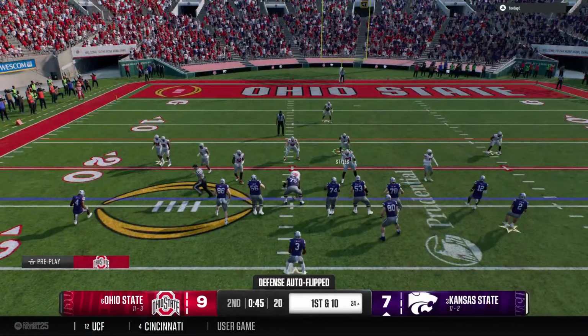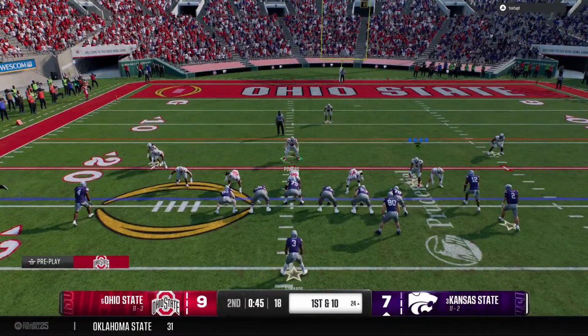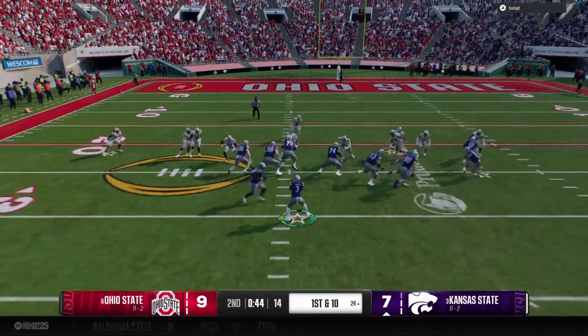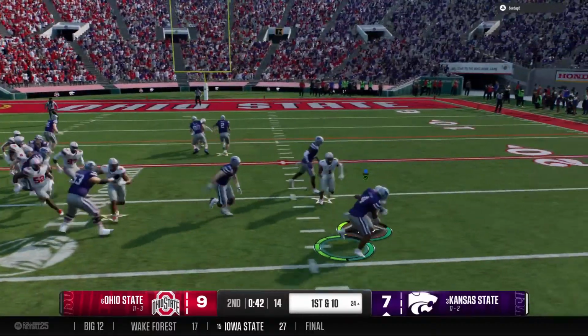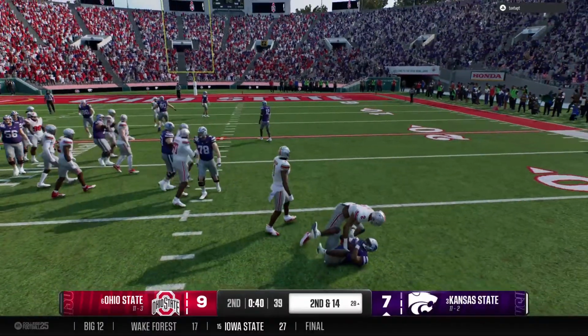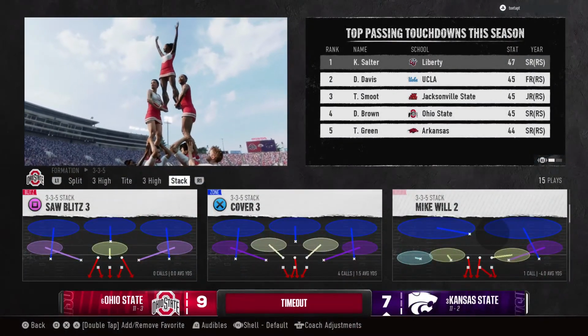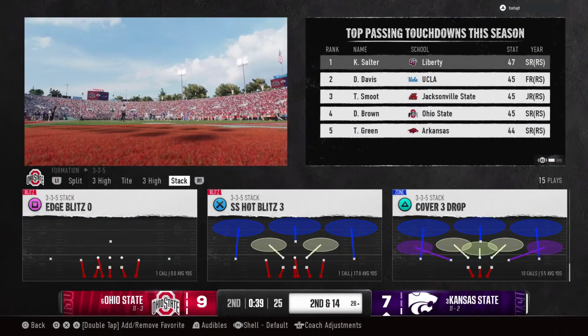Kansas State getting set with a 1st and 10 coming up. Motion by the back will make the defense adjust. Quick pass. Here comes a jet sweep. And he's brought down, but they went backwards after the completion. Good work by the defense. And a quick timeout call by the offense after the play.